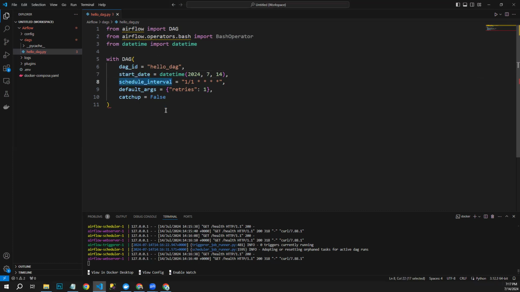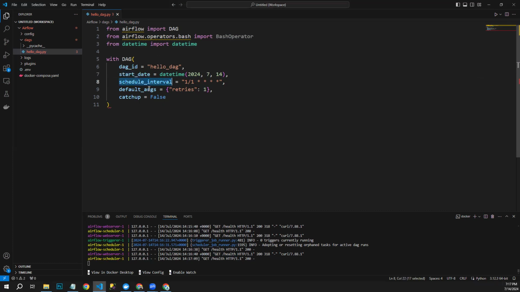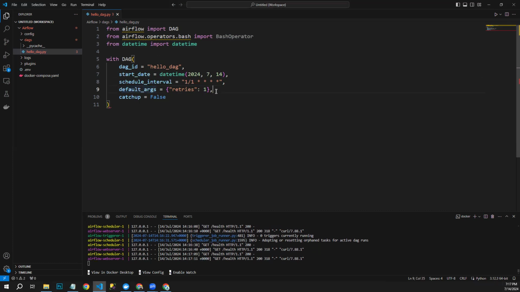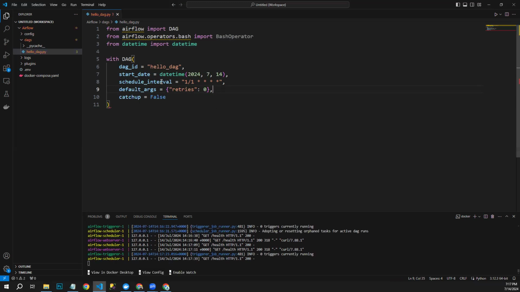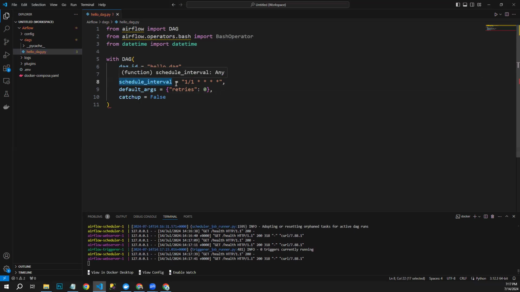Now this is a schedule interval, and these are default arguments. For example, if our task fails, how many times it should retry and reattempt to do that task. We can put 0 here. Let's say 0, so it won't reattempt any task that fails. It just directly fails the entire workflow in that case. Now, to understand this schedule interval, let's go to this website,